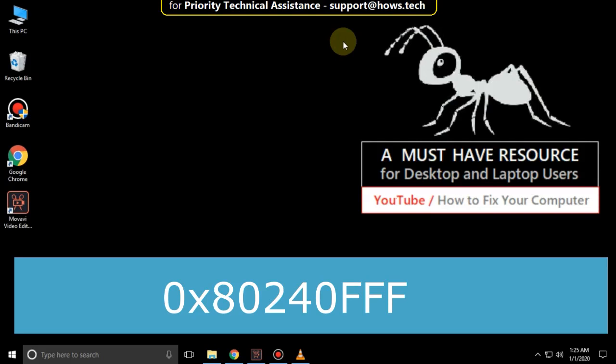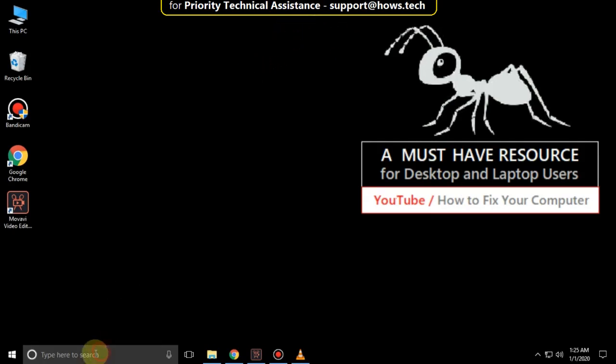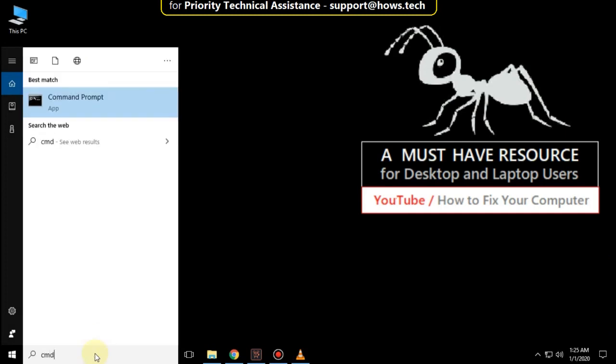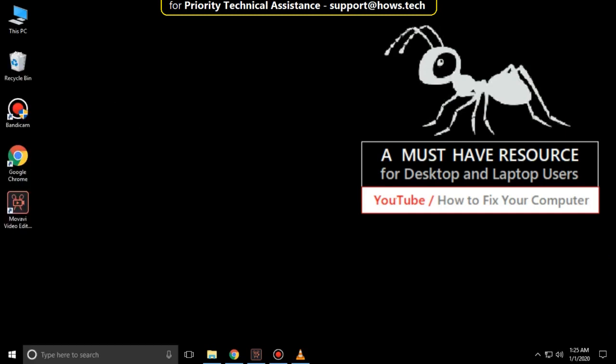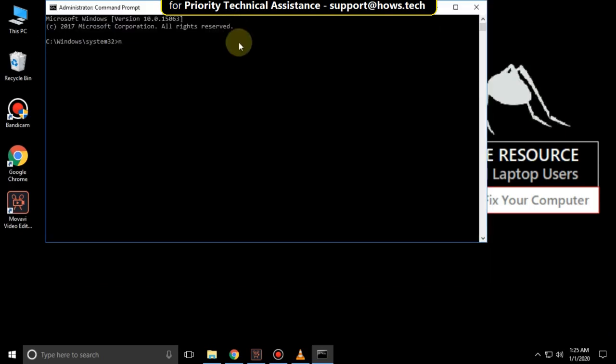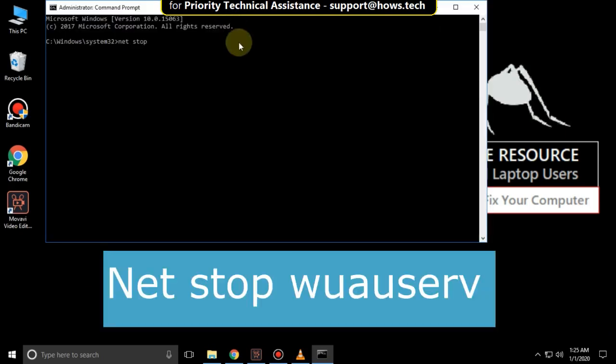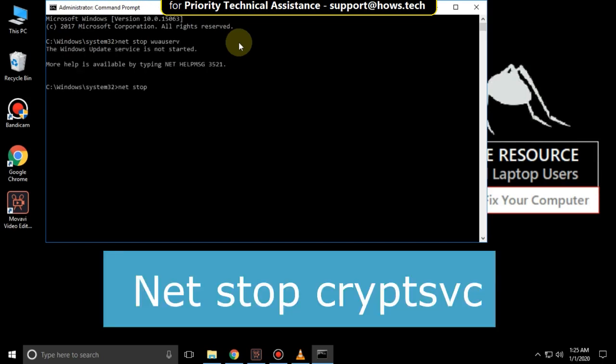It's just a two-step process to fix 0x80240fff error in Windows 10. Go to search bar and type CMD, right click on it, click on run as administrator, then type net stop wuauserv and hit enter, then type net stop cryptSvc and hit enter,